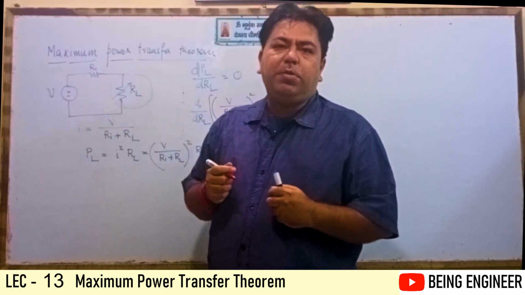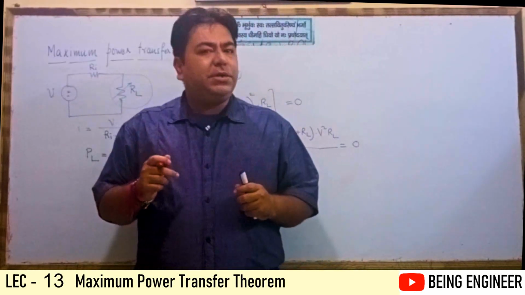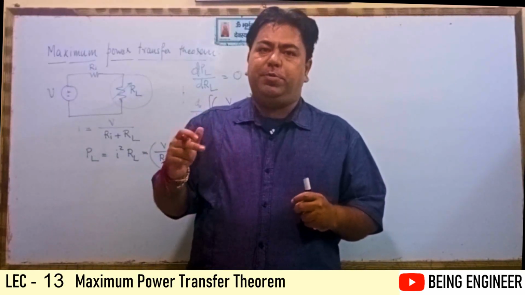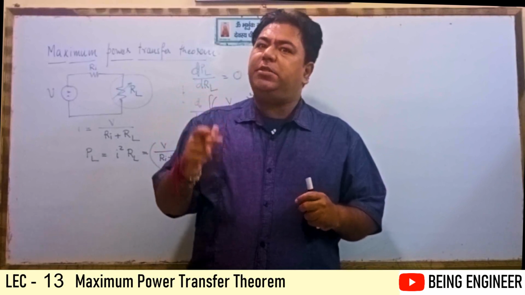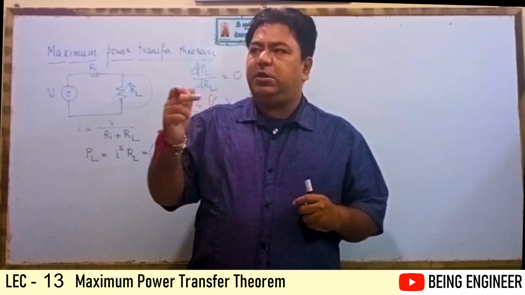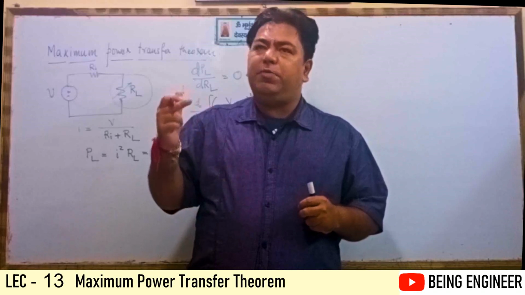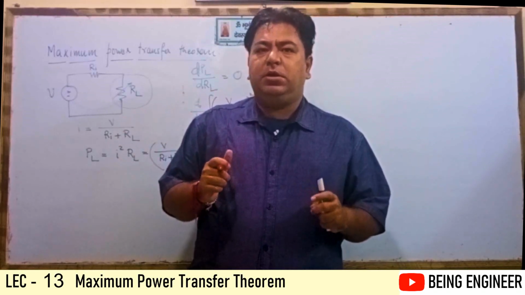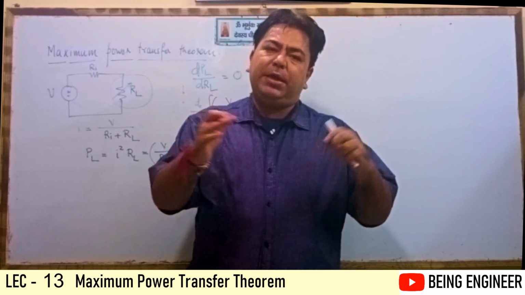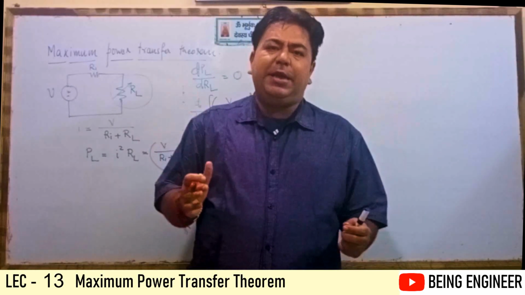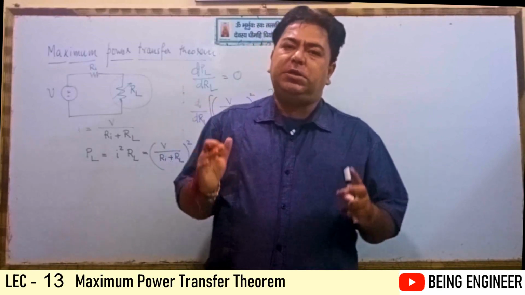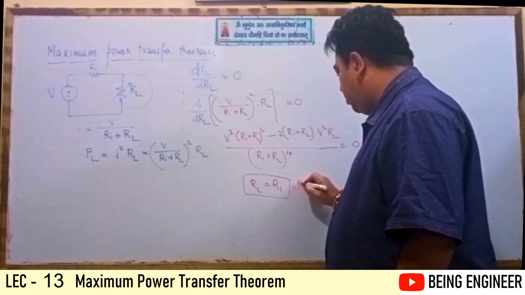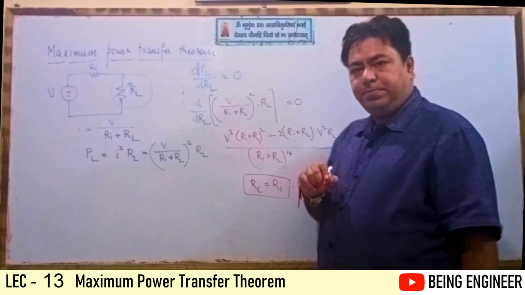Now this is very important, because we have studied Thevenin theorem and Norton theorem, and in both network theorems we have seen how to determine the internal resistance of the circuit. That is equal to the Thevenin equivalent resistance; in general, it is the internal resistance of the circuit. So if I have to transfer maximum power in any DC network, the load resistance value should be equal to the Thevenin resistance. So I can write here RL should be equal to Ri, and that should be equal to RTh.